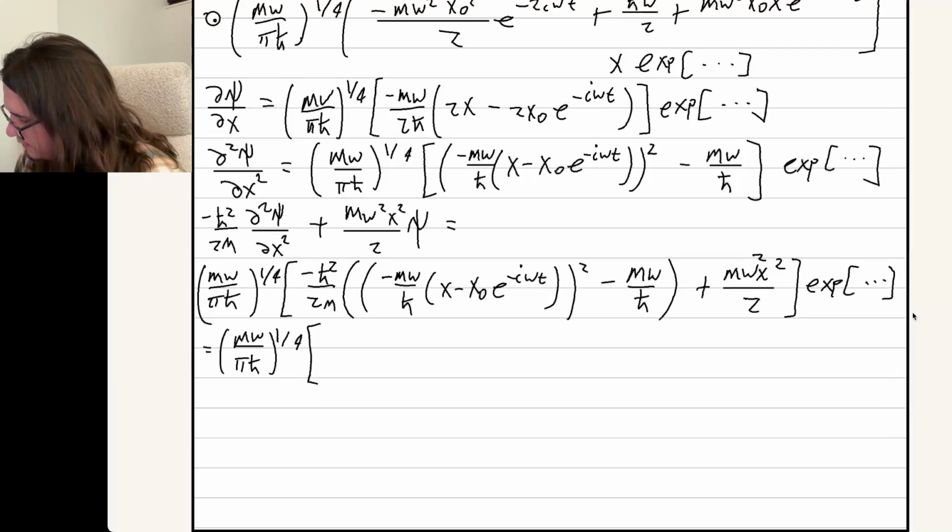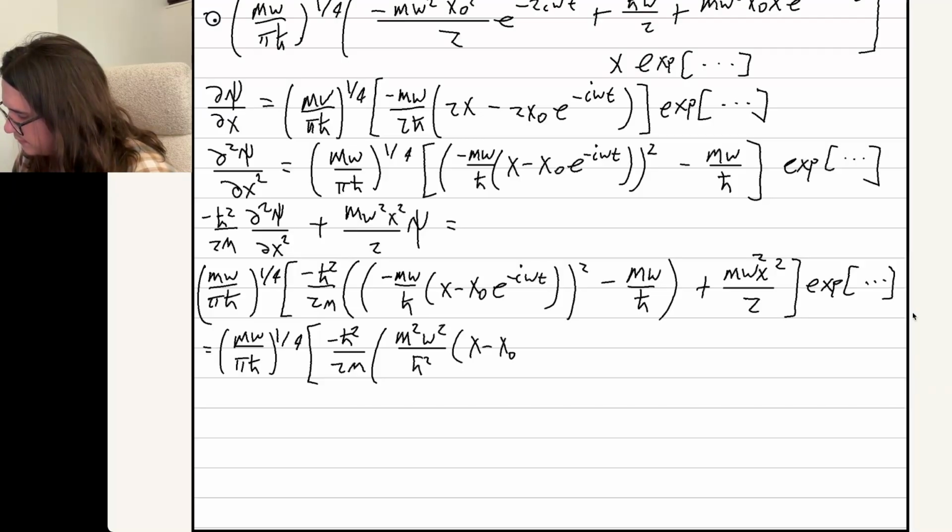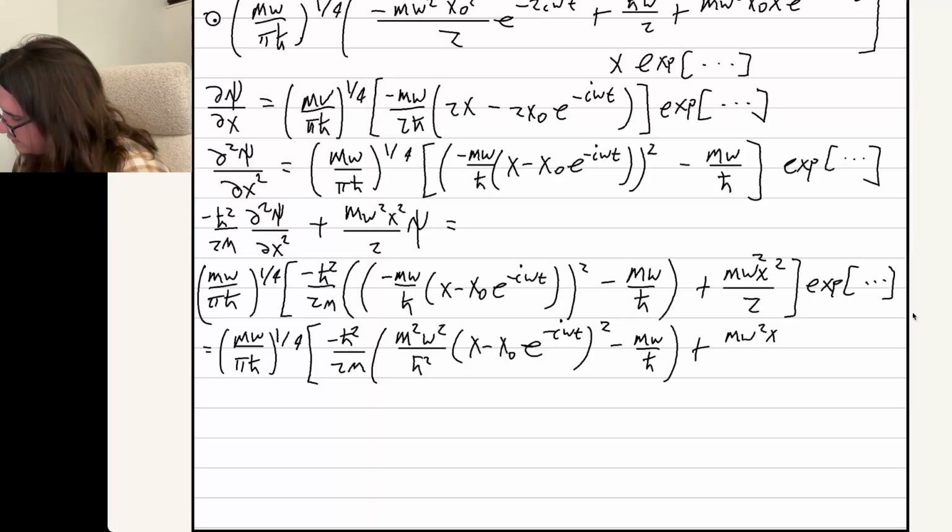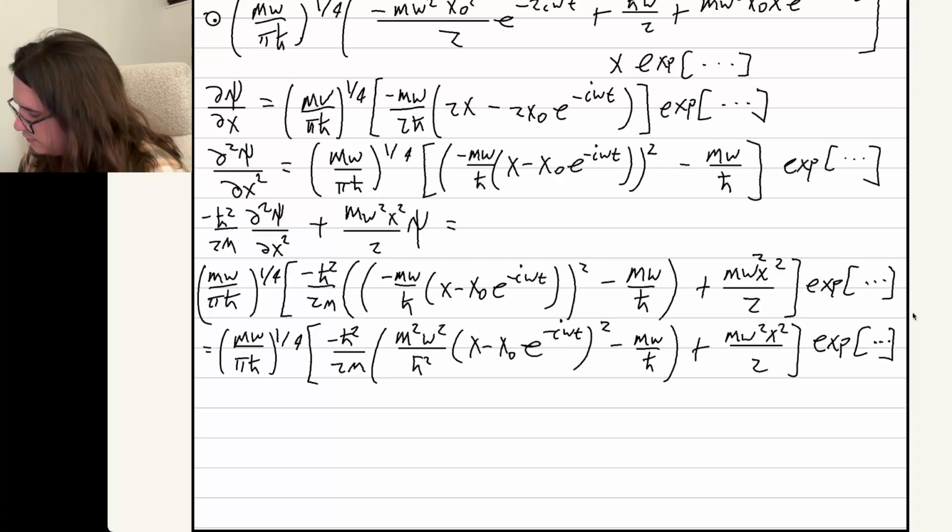First of all, by actually doing that square. So we have minus h bar squared over 2m times m squared omega squared over h bar squared times (x minus x naught e to the minus i omega t) squared, minus m omega over h bar plus m omega squared x squared over 2. We can expand this square now and start moving the constants here